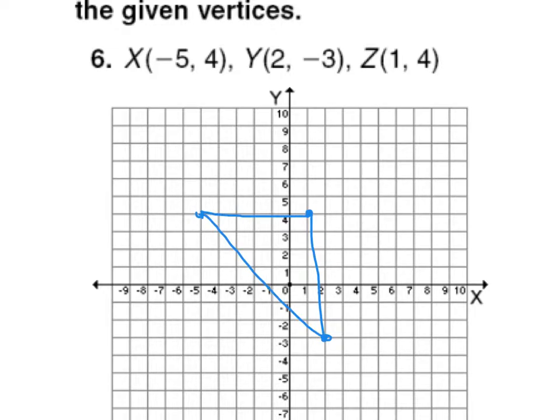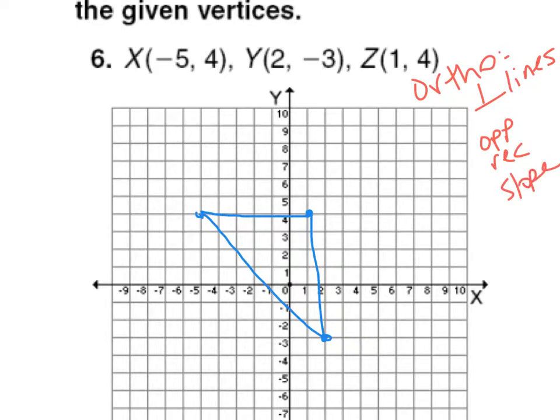I will probably need to draw straighter lines in a second for this. Okay, so I'm going to start. I see we have a horizontal line. Yay! Horizontal lines are really nice. Because if it's the orthocenter, that means I need perpendicular lines. And perpendicular lines have opposite reciprocal slopes. Opposite reciprocal slopes. But if I'm dealing with a horizontal line, then perpendicular is going